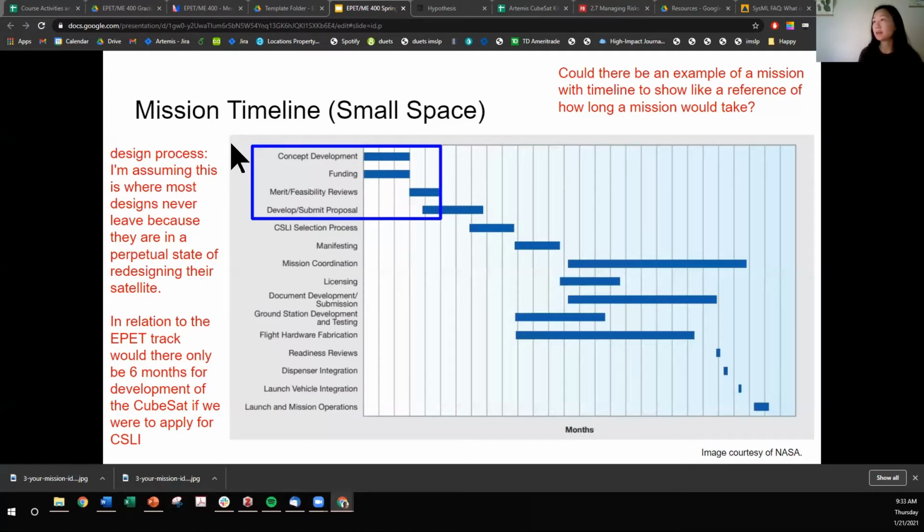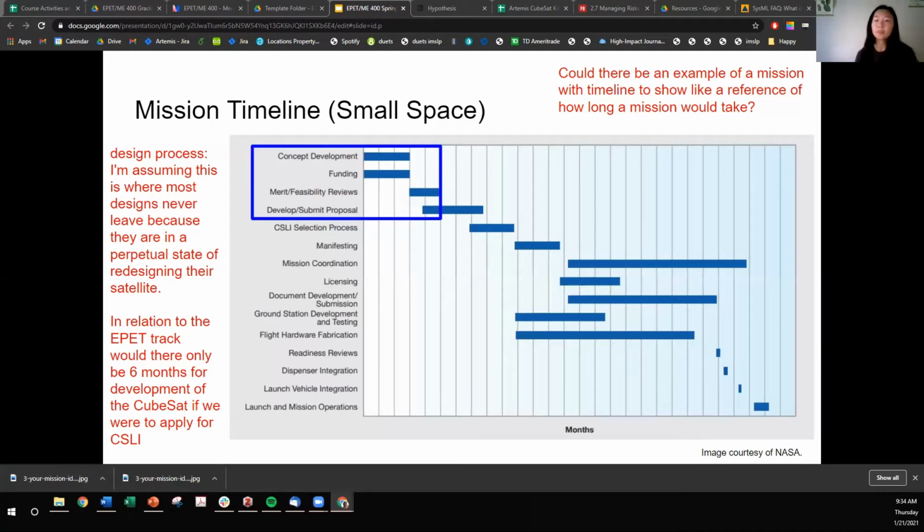We will span these phases, outlined in the blue box, where we will develop concepts and hold merit reviews in class over this semester. Our funding for the spacecraft bus comes from the NASA Artemis grant, and funding for a payload and any spacecraft modifications will be capped at a presumed $2,000 per team, which I think will come from the School of Engineering that funds senior design projects. Next semester, we will attempt to fabricate, integrate, and test our satellites as much as possible while developing the CSLI proposals due in November. I think the CSLI proposals should just incorporate the on-paper work that you've done this semester. But I think that the integration and testing will make your design better because it's a more well thought out